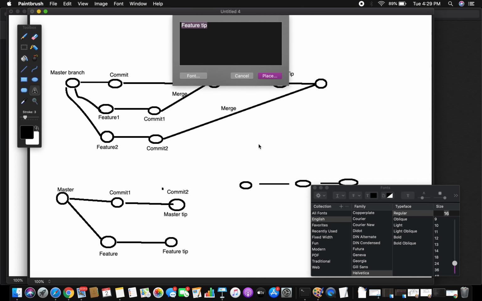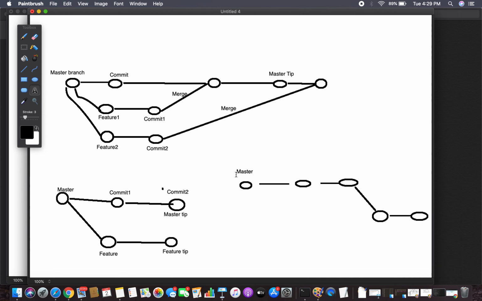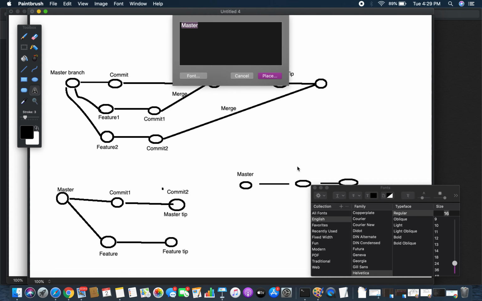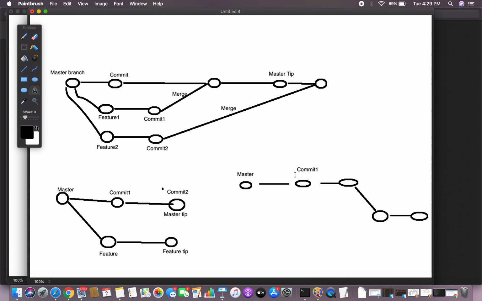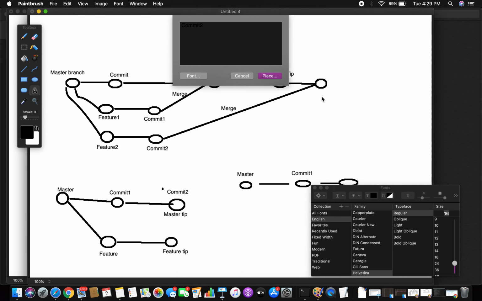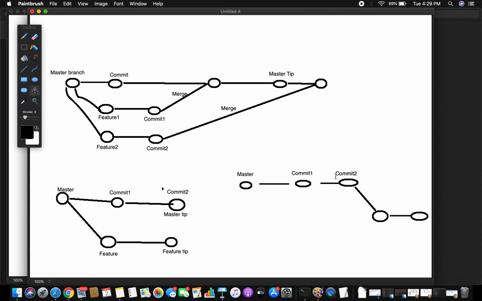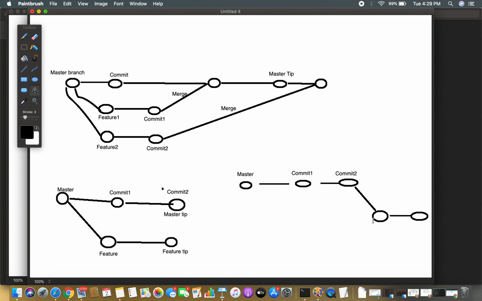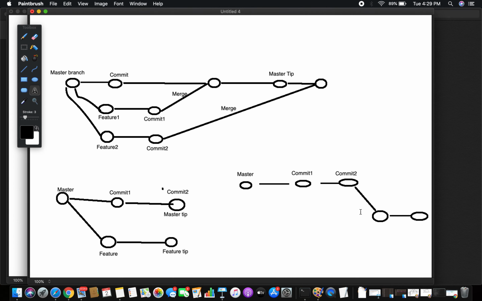Let me draw completely and then I'll explain. As we see in this diagram, this is the master and this is going to be commit 1. This is our commit 2 and this particular feature branch is moved to the tip of the master branch.